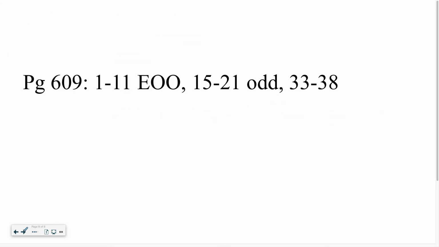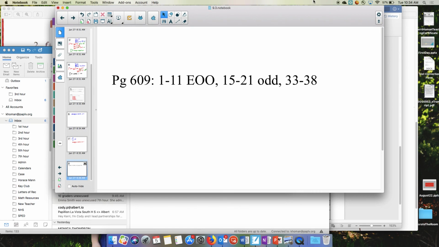Okay, well, there you go. There's your homework. What does EOO mean? Every other odd. Evens, because it's only, like obviously, 1, 5, 9. Jackson, you might need to take a break from making comments in class. Why is it 1 through 11? Because you only end up doing